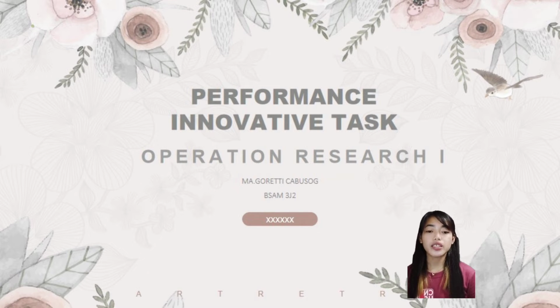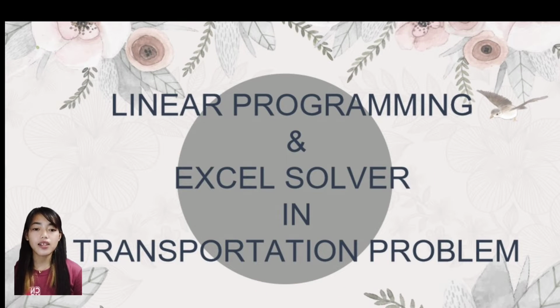And we are going to present our performance innovative task in OR1 using linear programming and Excel Solver in a transportation problem. We chose this problem because, as we observed, business is the new trend in today's generation, where everyone thinks or comes up with a possible business to build, do, or propose. This is also to promote business supporting local products, where it is possible to buy local products in different locations and transport them. This problem is only a small range in distance, yet it could also work for long-range transportation and